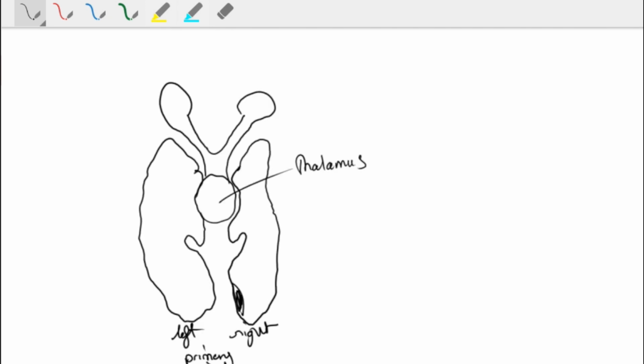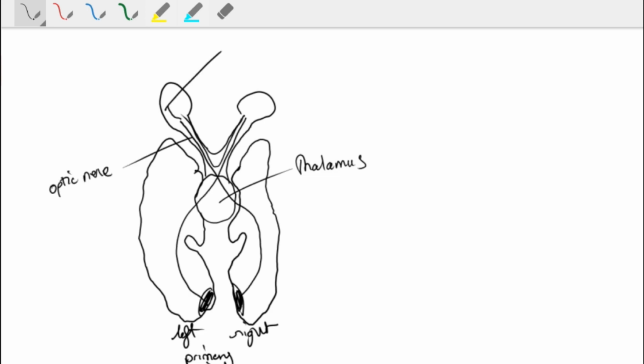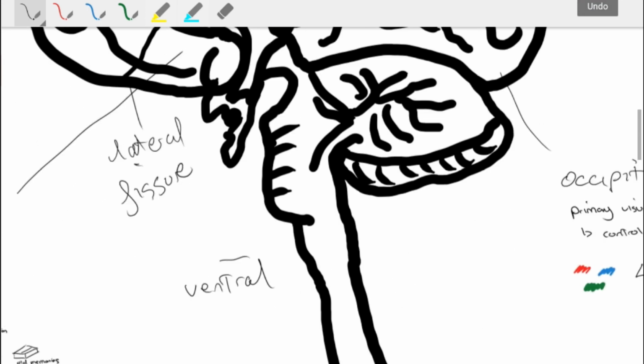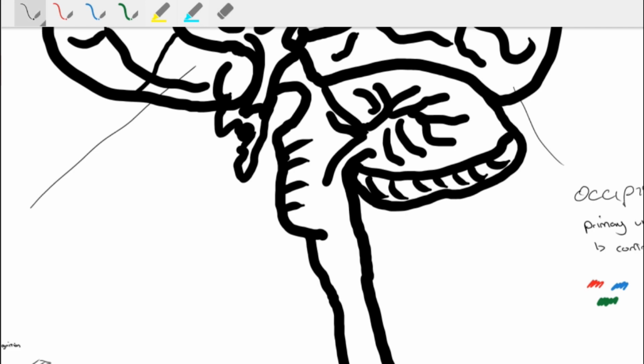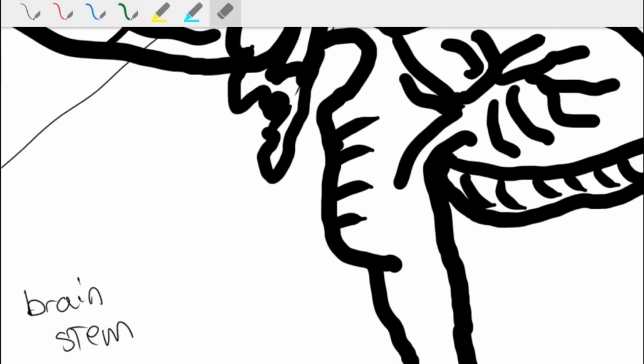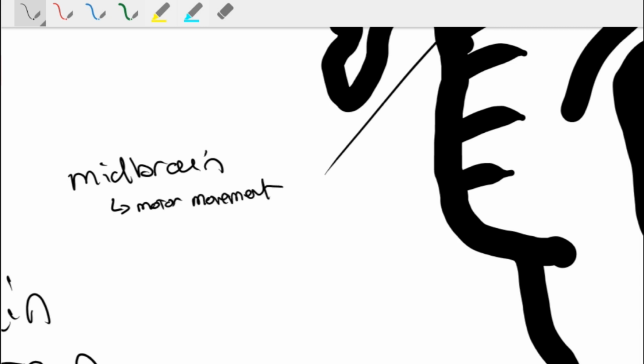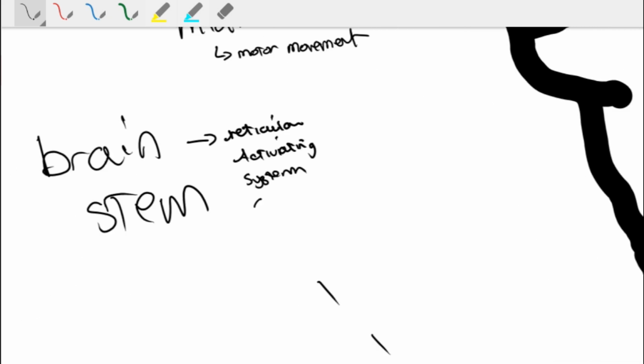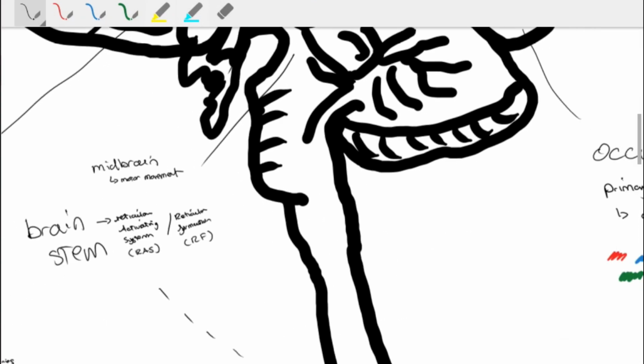Notice that each visual field is processed by the opposite side of the visual cortex. Now, looking at the brainstem, it can be divided into three areas: the midbrain, pons, and the medulla. The midbrain is basically an extension of the brainstem, connecting the spinal cord to the forebrain. The midbrain deals with important functions in motor movement, with its main structure being the reticular activating system, or reticular